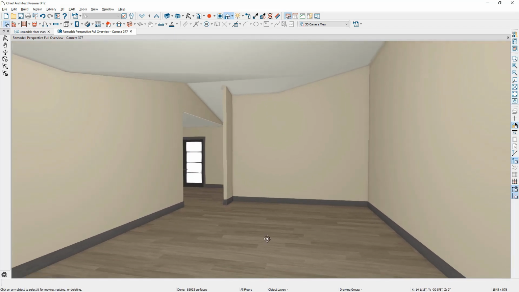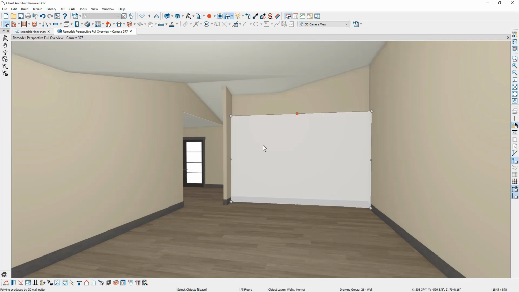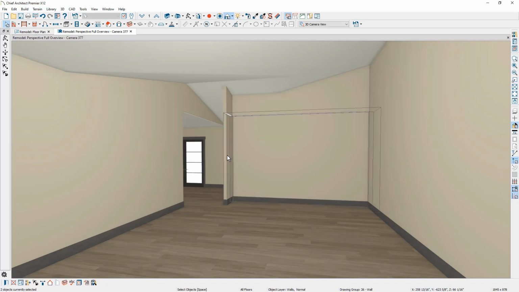Now what's happening here is you might notice that there's an extra vault right in this area, and I want to actually remove that. I'm going to have to draw a custom ceiling plane. I'm also going to want to make a change to this wall right in here because I want to have this be open. Let's go ahead and select this wall and the far left wall, and let's use the same Open button.